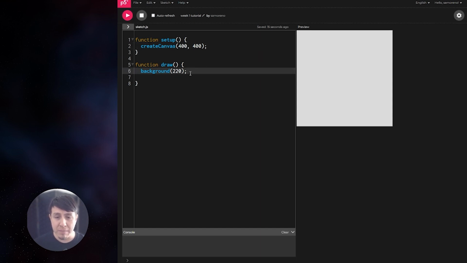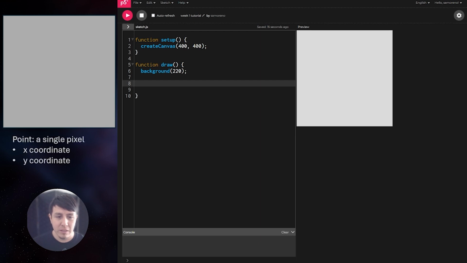So let's go ahead and click at the very end of the background statement, after the semicolon, and let's press enter a couple times to make some new lines of code. Once again, we want to make sure we are working inside of draw, right? So inside of these curly brackets. If we start to work outside of it, we're going to run into some issues and things are not going to work as planned. So I'm going to be, again, working inside of the draw function. And let's start very small, very minimal,